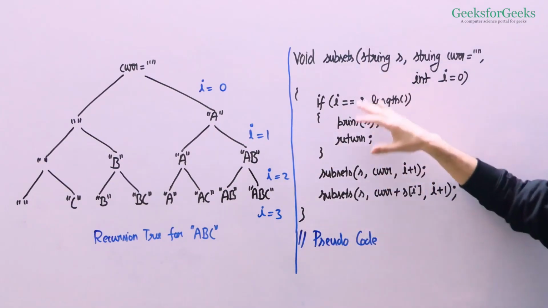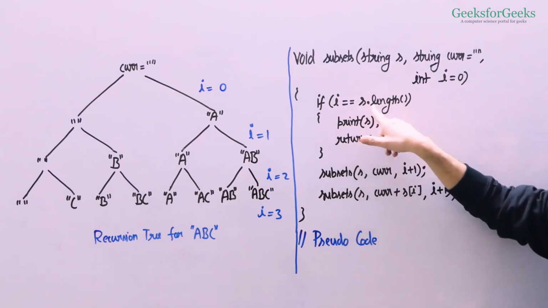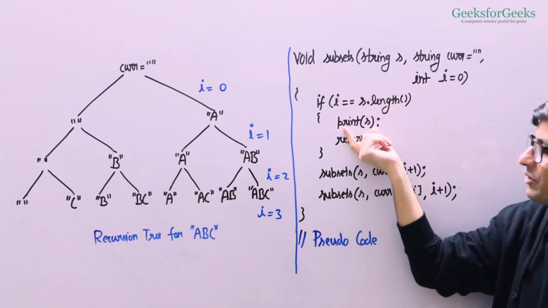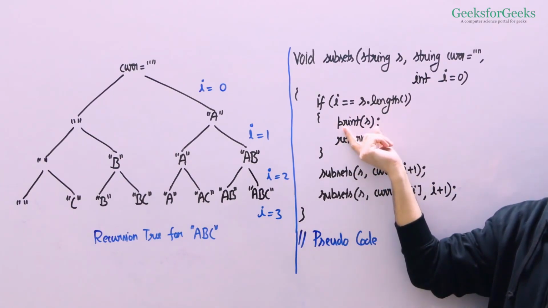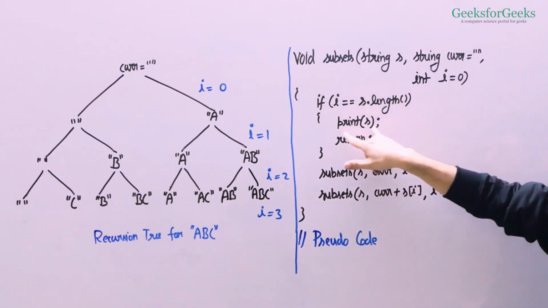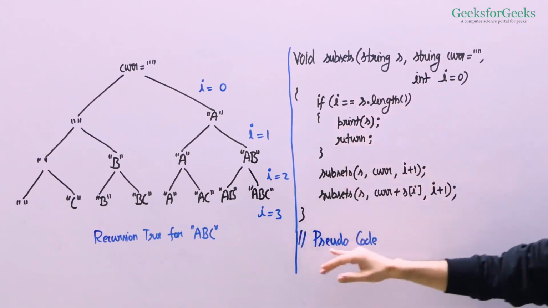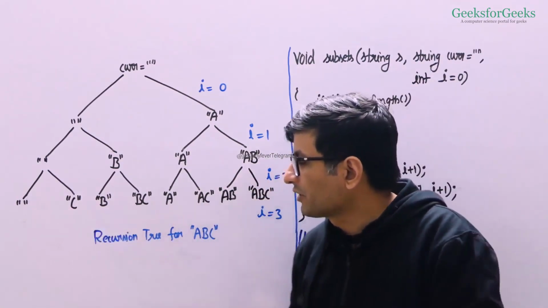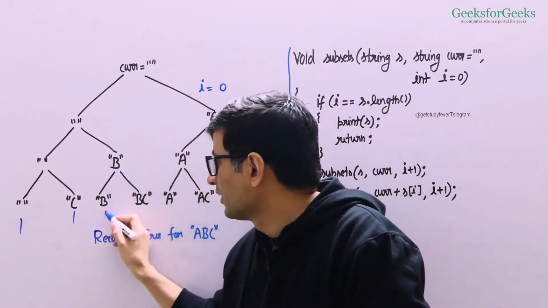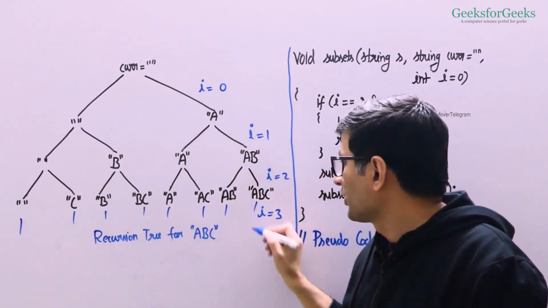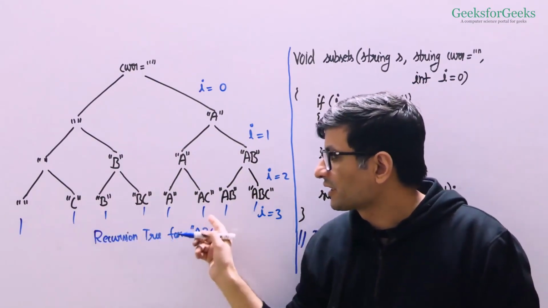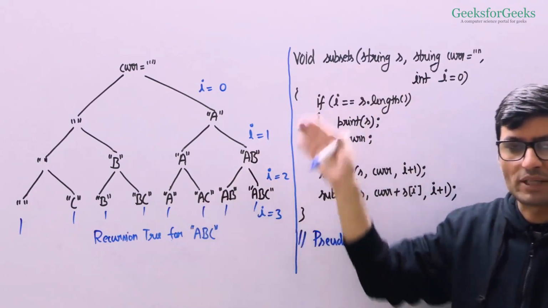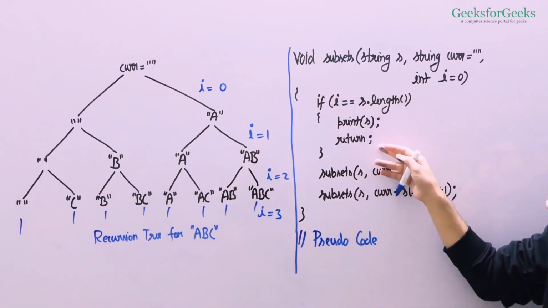So what happens in this function is we have this case where I becomes equal to string.length, then we print the string. Again, I've used pseudocode here. If you use C++, you can use cout. In Java you can use System.out.print. So we print the current string and we return. So this is where, after handling character C, there are going to be one more recursive calls after these, and these recursive calls are going to be for I equal to 3. And in these recursive calls we are going to fall into the base case and we are going to simply print the current strings, whatever is passed from the parent call, and we are going to return immediately.